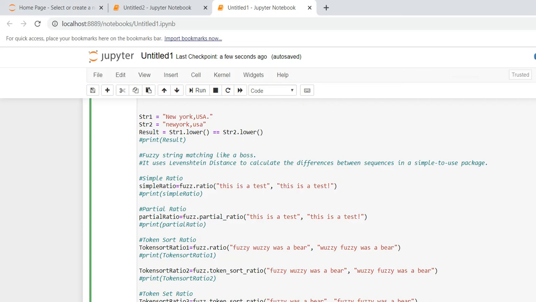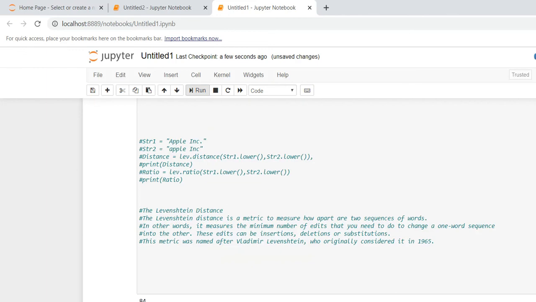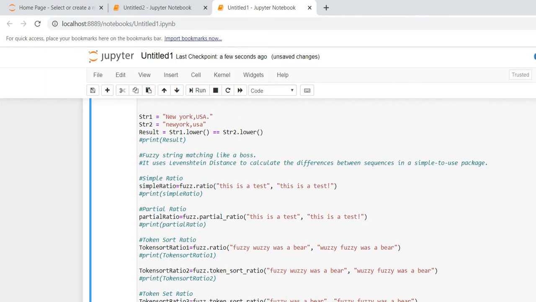Here you can see the token_set_ratio. This is my string 1, this is my string 2. Running it, it's showing 100. How does set ratio work? Now I'm giving a difference with the same words, sort ratio and set ratio, and running it.